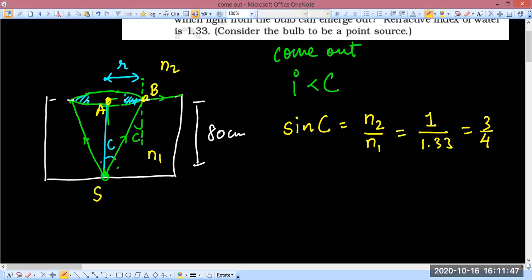But see, we know AS. We know that AS is equal to 80 centimeter, right? But we don't know BS, right? And we want to find AB. So I think all of you do realize that the ways to find tan,